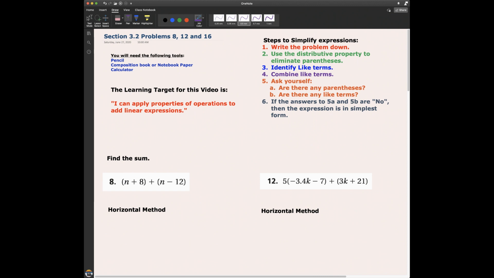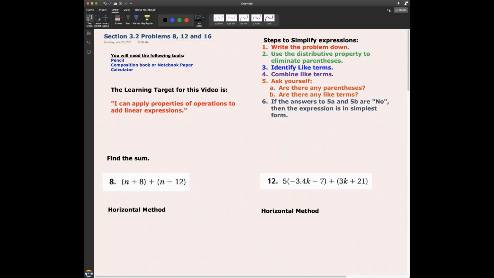Hey everybody, Mr. Odom here, and I am going to work through some problems from section 3.2. You'll need your pencil, composition book, or a notebook paper to take notes. You might need a calculator, and the learning target for this video is that you can apply properties of operations